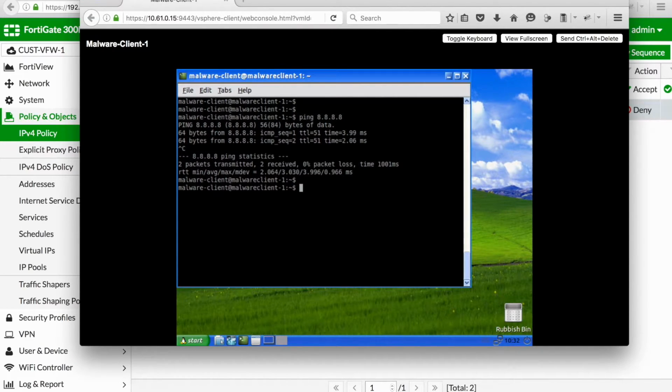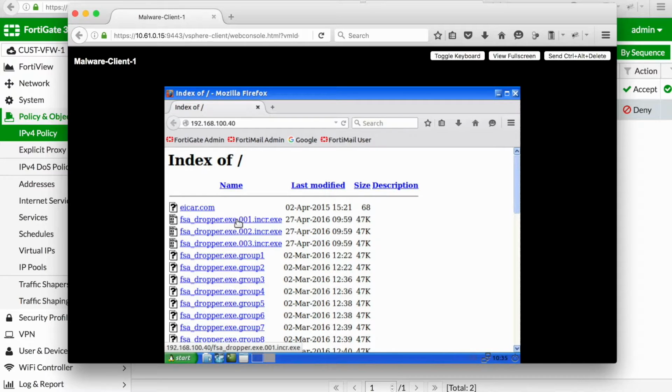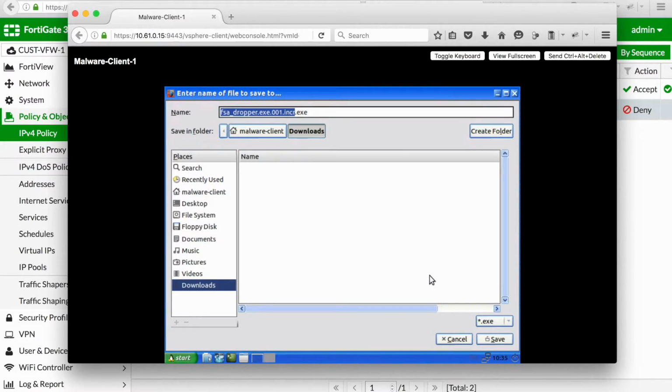So if we bring up the malware client, we're just going to do some basic connectivity tests to make sure everything is working. We'll ping Google's DNS service, make sure that we can ping out, and then we'll ping the malware server. So download the malware file with no AV protection profile enabled on the firewall. We'll see that we'll be able to download one of the malicious files, and we will get no alerts